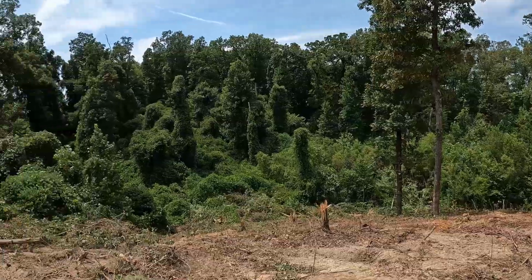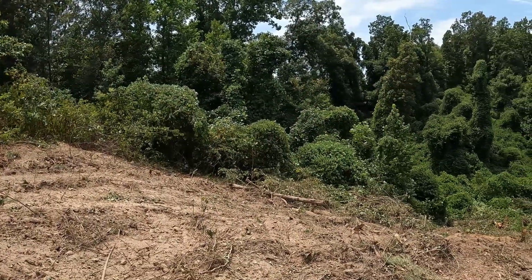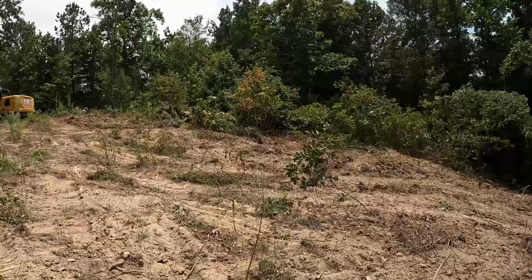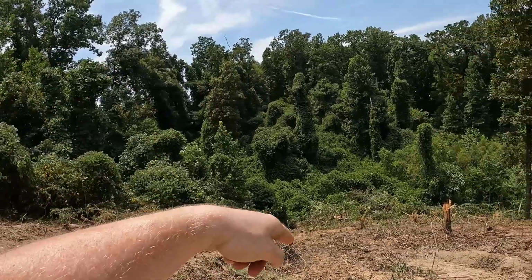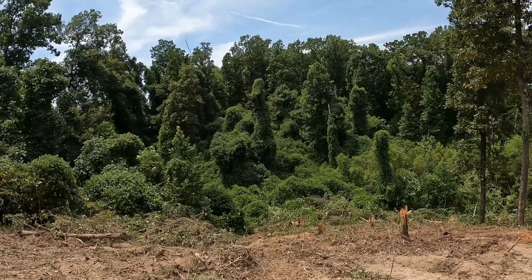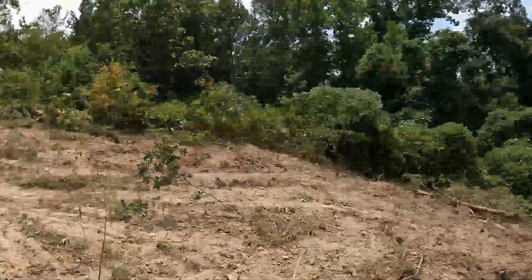I'm going to get the drone whenever I do. Well, I will get the drone and start up there on top of the hill, because it will tell me how high up it is from the bottom of the thing. So I think that'll be pretty cool to see how deep it is from the top of the